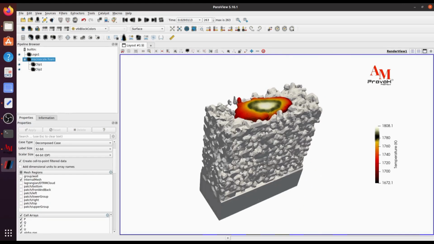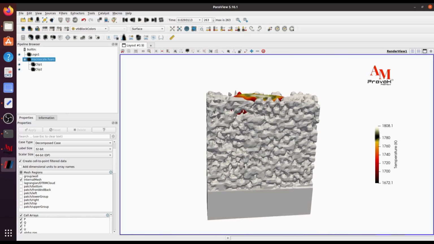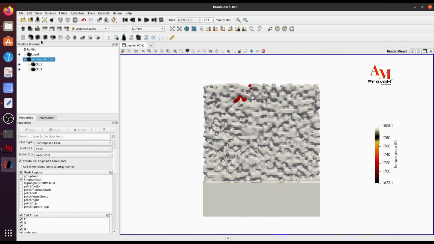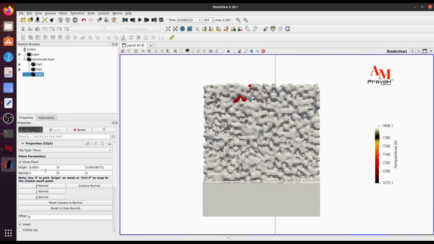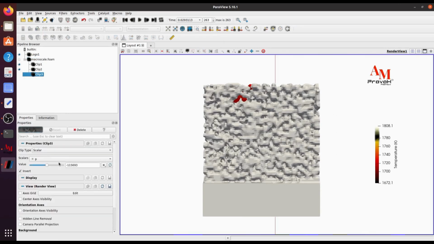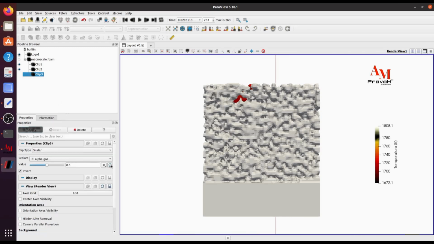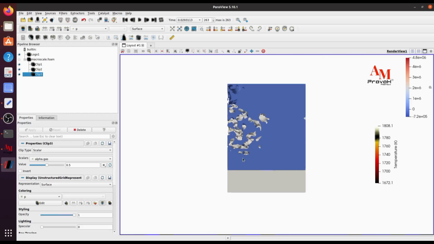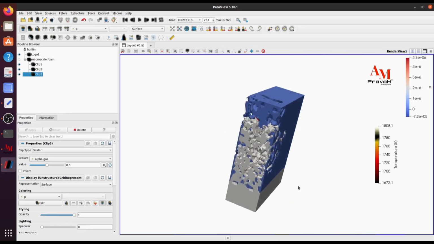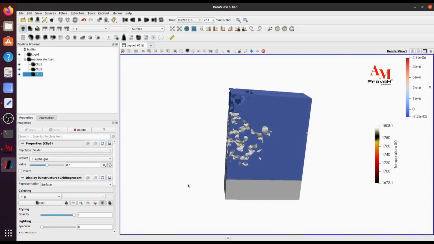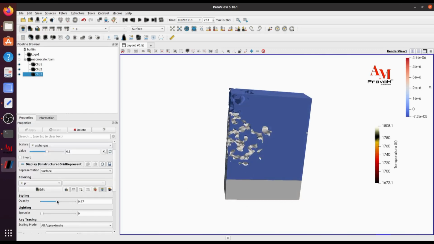Now I want to visualize, let's say, the shielding gas. So again I will create a clip, scalar, and I will choose the alpha dot gas. I will reset this and click on invert. So here is my gas. Wherever there is my shielding gas, it will show it. So I will just reduce the opacity of my shielding gas,